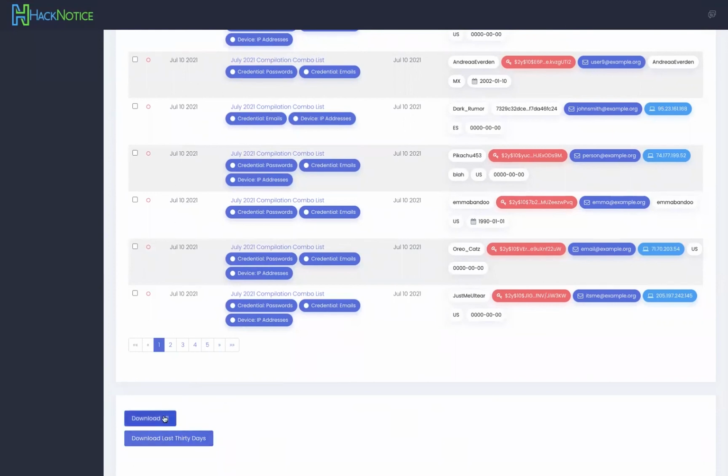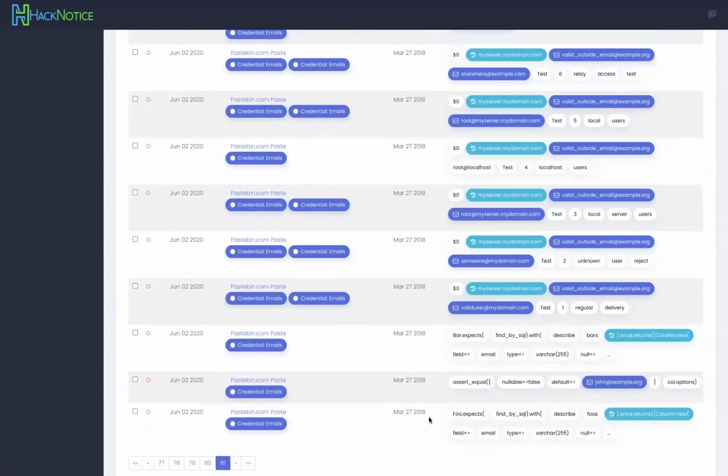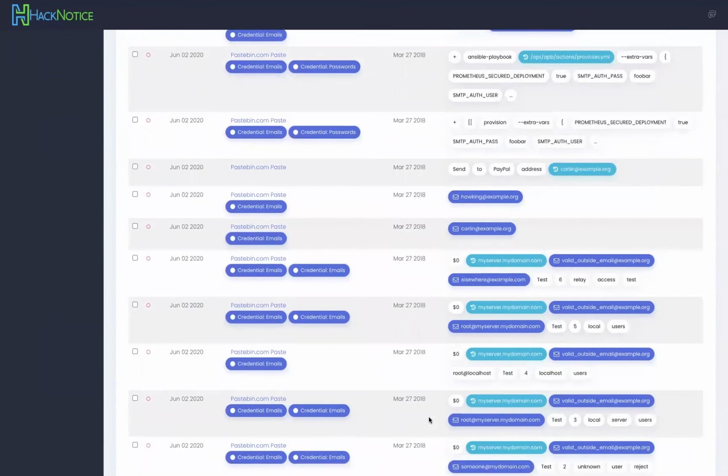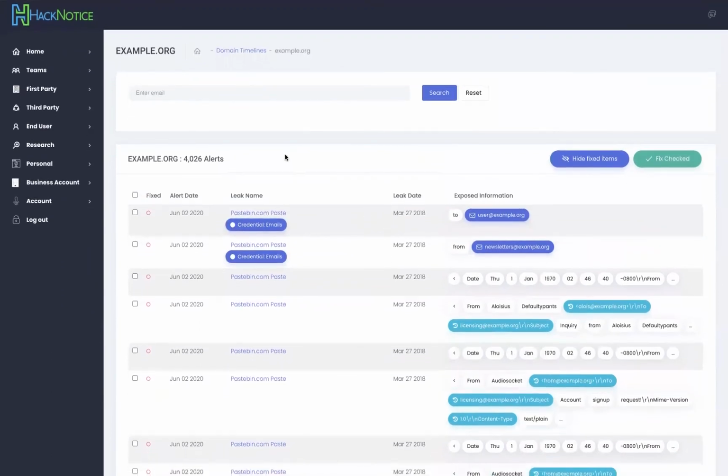We can download reports. We can download all of this into a CSV. We can download the last 30 days. We can scroll and go backwards in time. We have alerts going all the way back to March of 2018 for this domain. So domain monitoring is very straightforward and allows you to find anything and everything for a domain. So what question